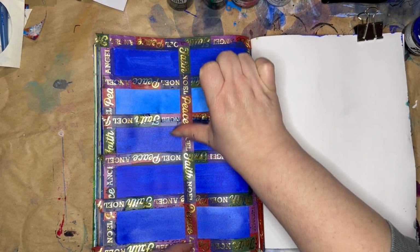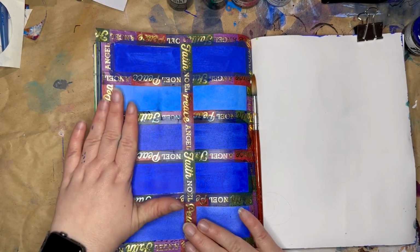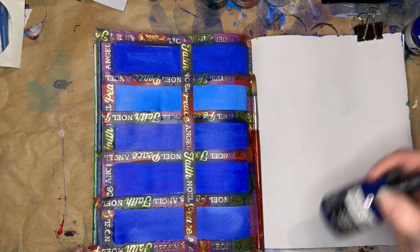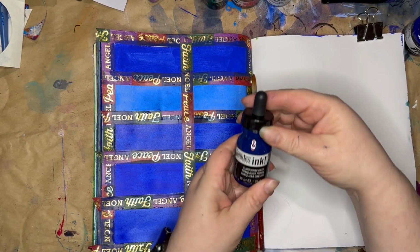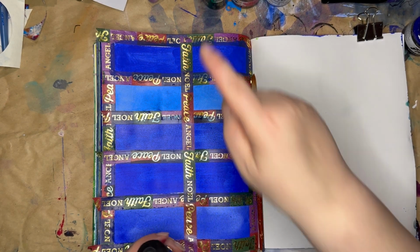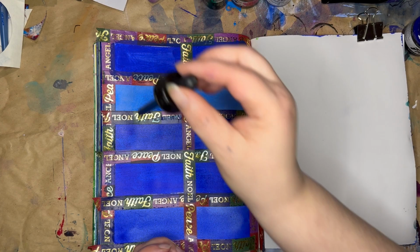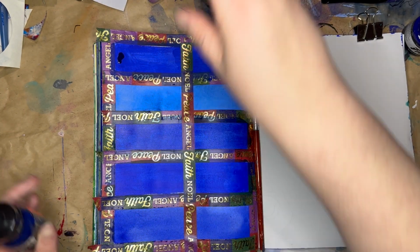So since there's a big bend downwards, I'm gonna put the inks on this side, so hopefully it won't be as impactful, won't run off just to the other page. And I'm gonna try a few different colors. This is Liquitex ink, Turquoise Deep. This is again on the ultramarine blue SoFlat, and I'll put some of the turquoise,